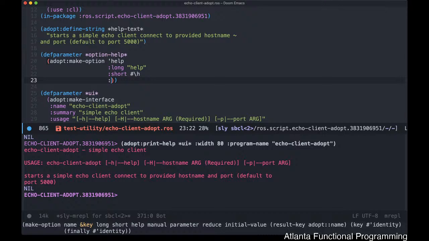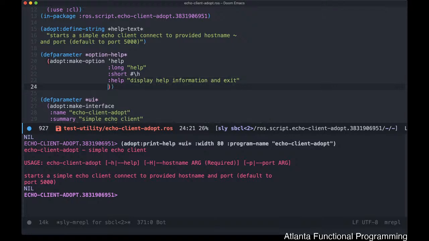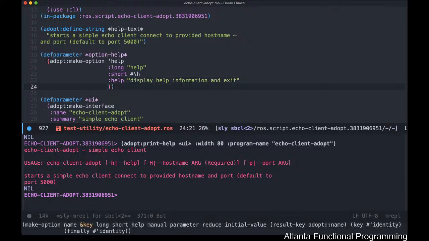So help can be a very short description. Okay. Then there's a couple of other things that are here. Okay. When you're talking about Boolean options, all right,